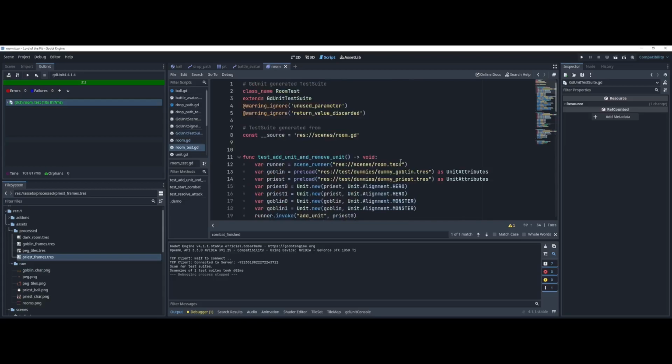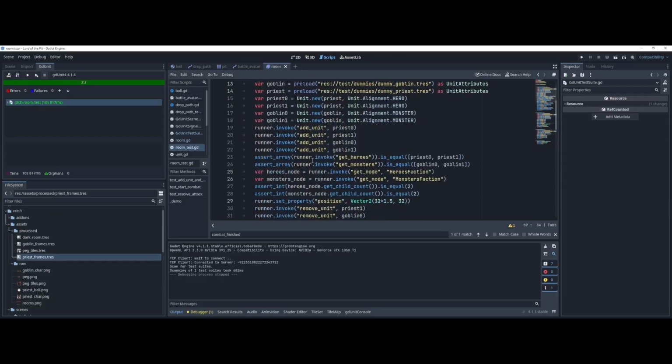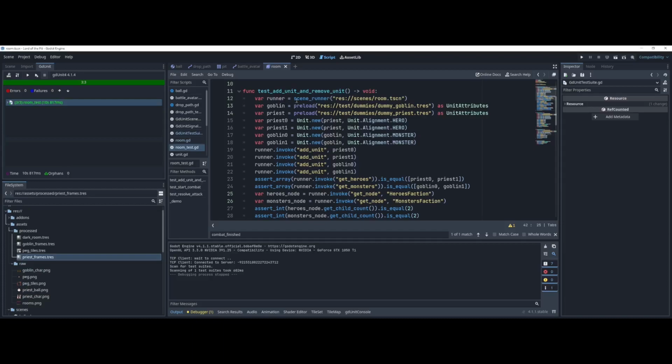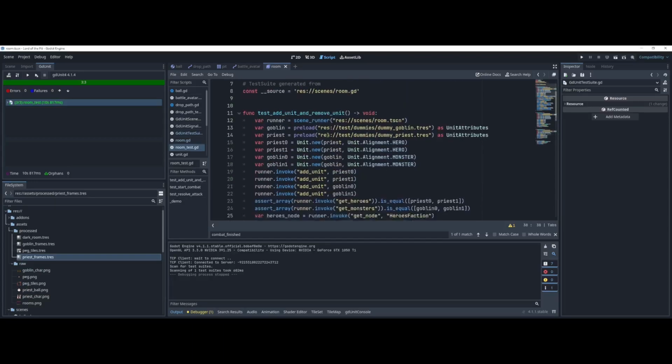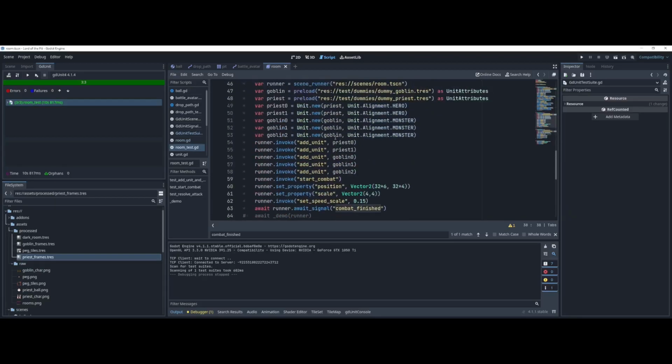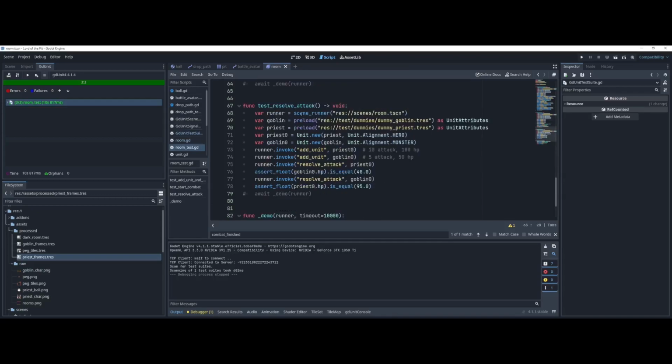In order to test this out, I added some tests in GDUnit4. The test is using a scene runner, which is a construct in GDUnit4 that runs a scene, as opposed to just testing a single class or something, which is what I often do. So my first test just makes sure that you can add and remove units from the room. The second test actually runs combat and makes sure that the signal combat finished is emitted at the end. And the third test makes sure that when one unit attacks another one, the appropriate amount of health is lost